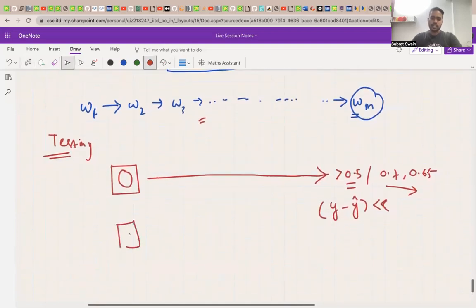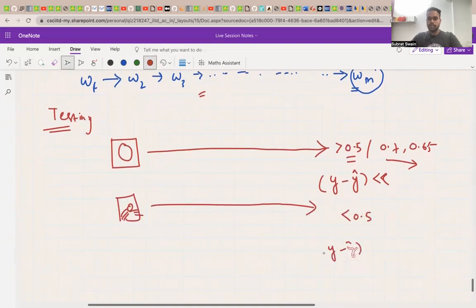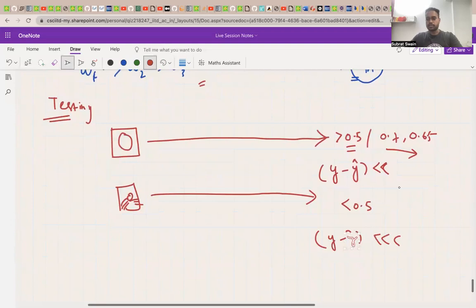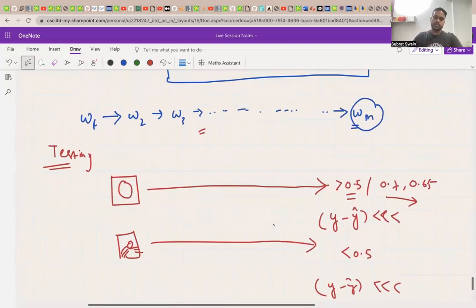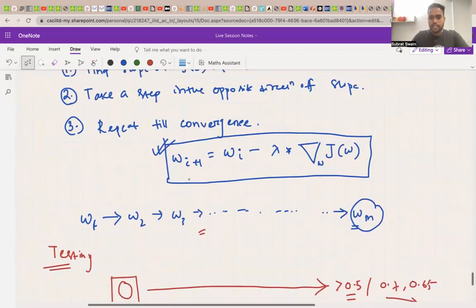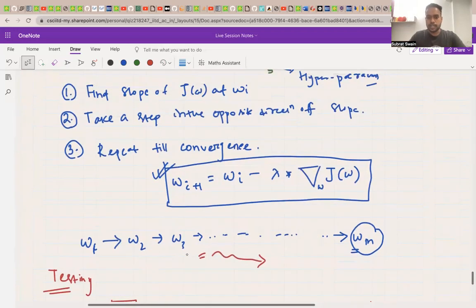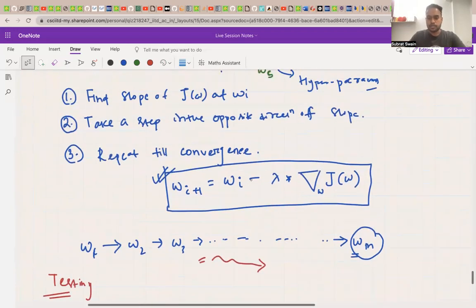For cat, the score will be less than 0.5, and y minus y hat will again be very low. So this is the entire gradient descent algorithm, where you are finding this w repeatedly, subtracting from the past w in the direction